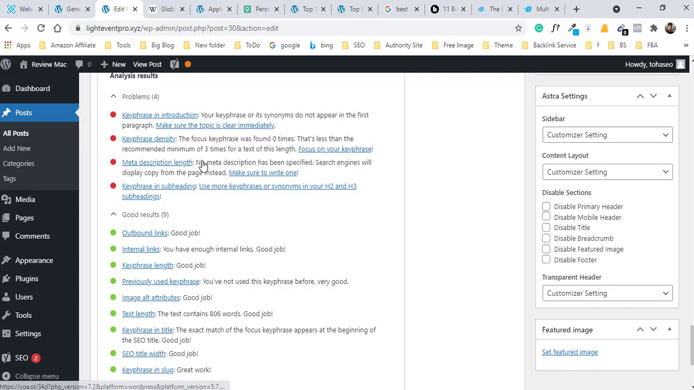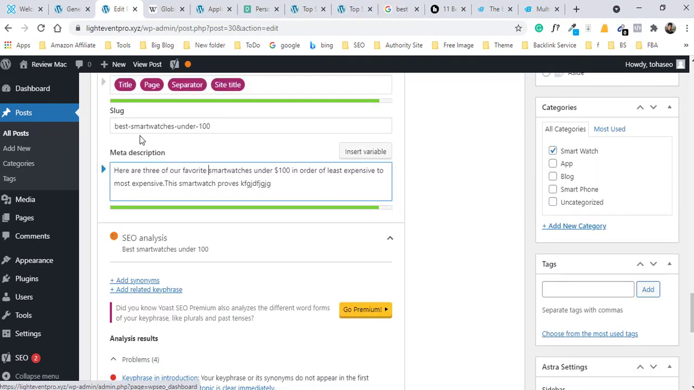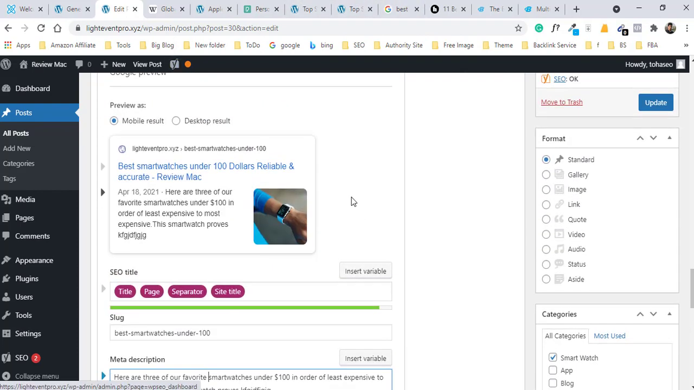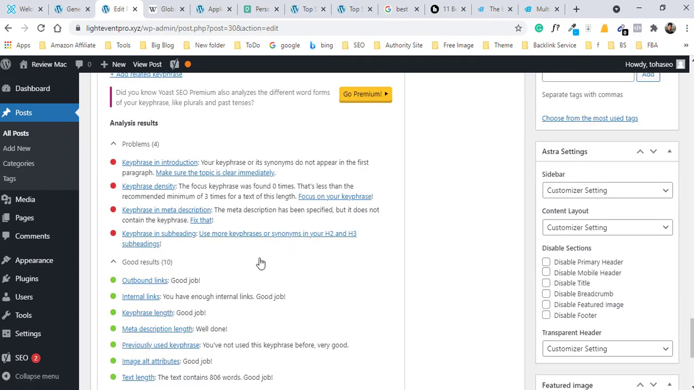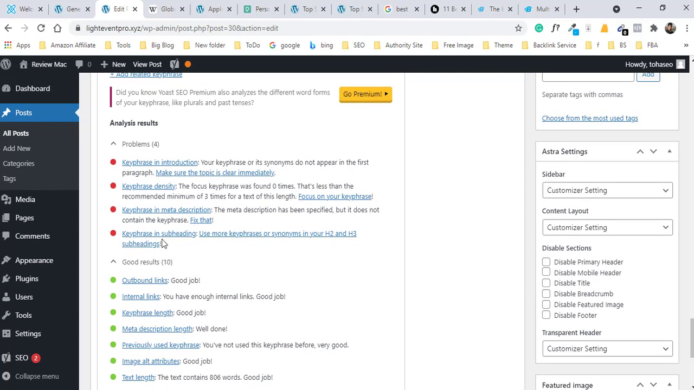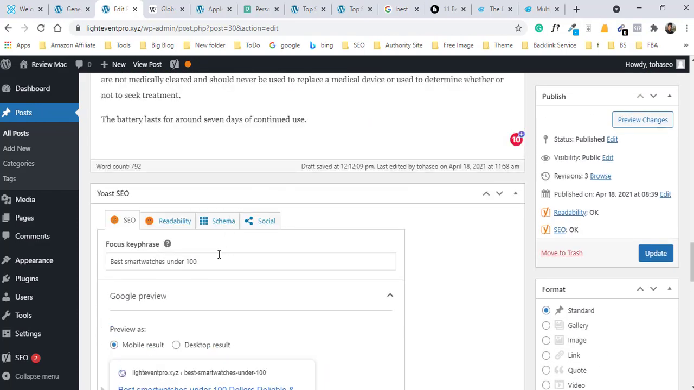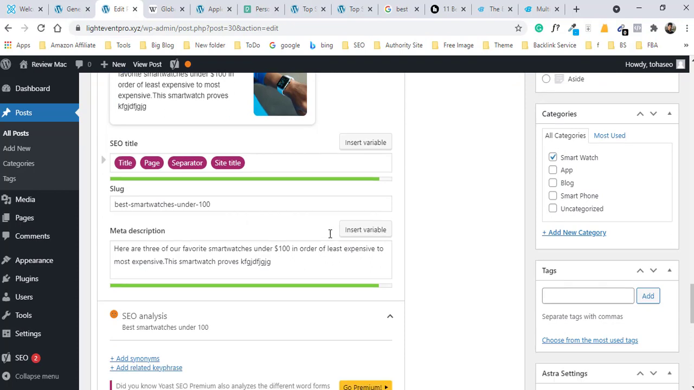And here you see the meta description. I need to put the meta description. I have no meta description here, so I need to put meta description. You write the meta description for your blog. Okay, so I write meta description, so this also makes green. And here you see key phrase in meta description. My keyword is missing in meta description, so if I just copy it and paste,